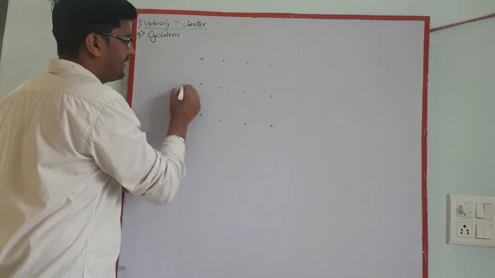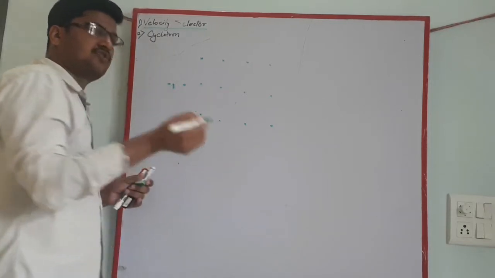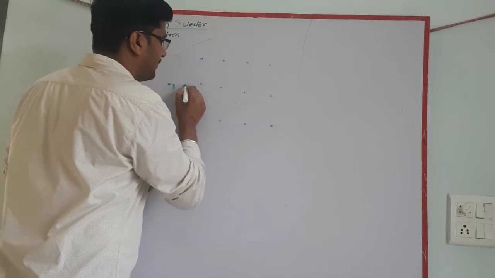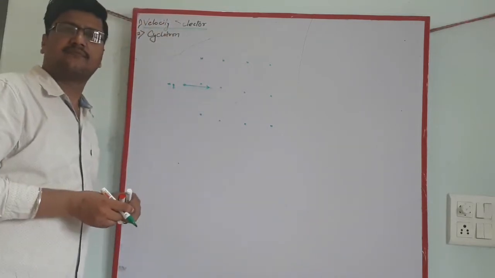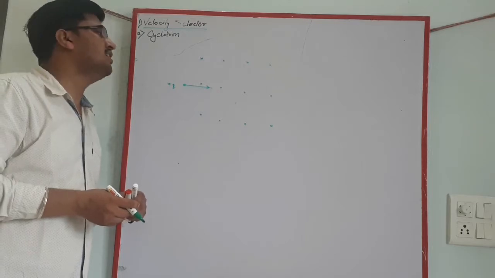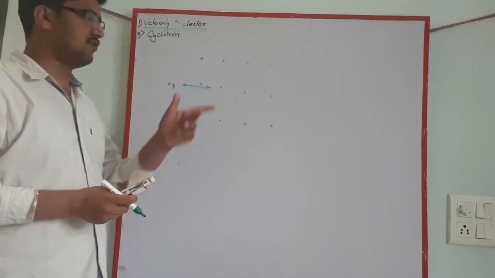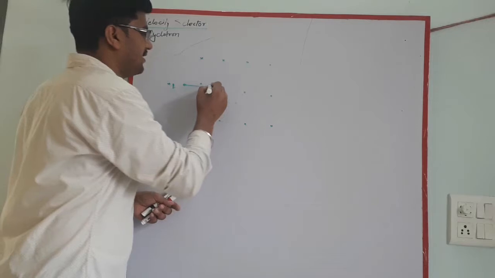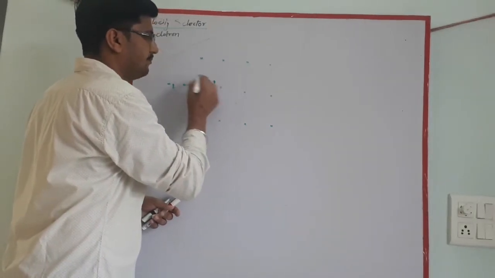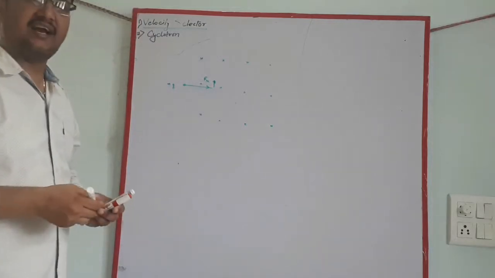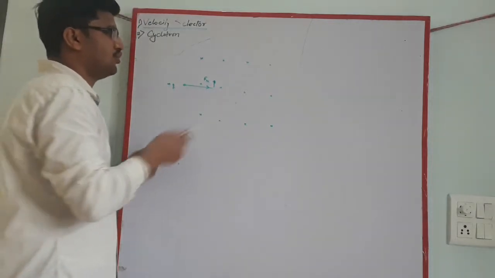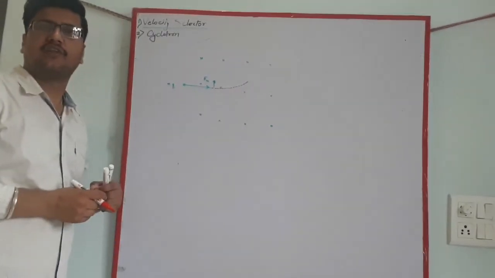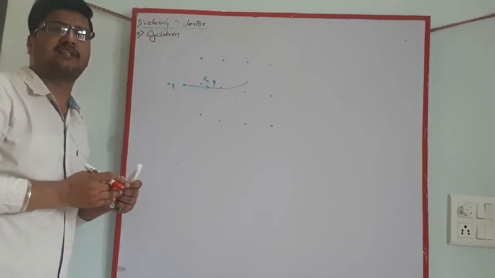such that when a charged particle, maybe plus q, maybe minus q, let us assume the plus q charged particle, enters the magnetic field perpendicularly, with angle theta, according to Fleming's left hand rule, magnetic field, direction of motion and force, it will experience a force in the upward direction, and hence its path should change accordingly. It should move in the upward direction, got deflected in the upward direction.